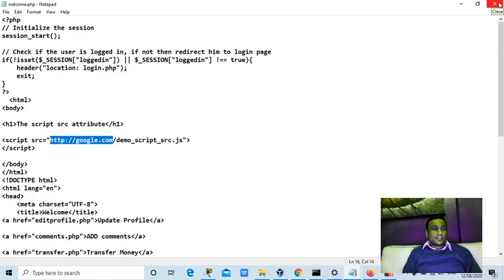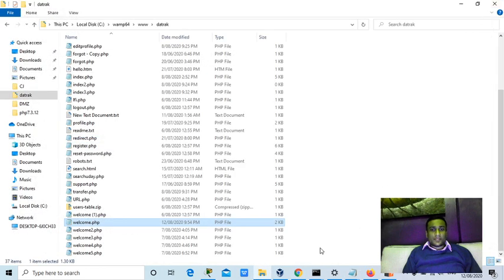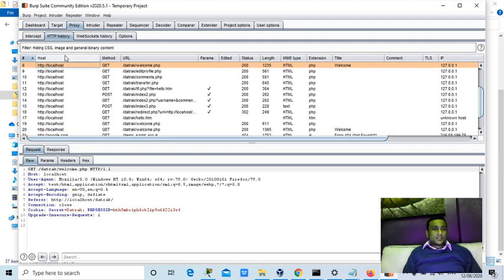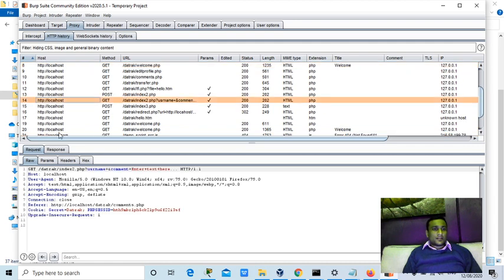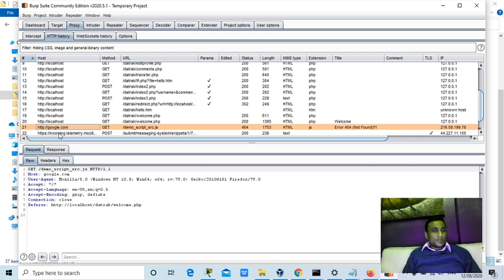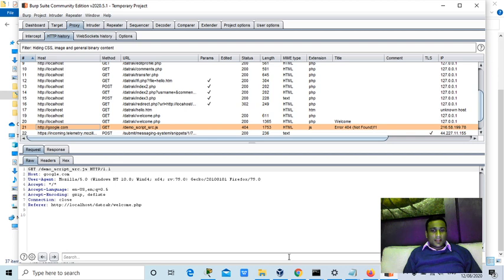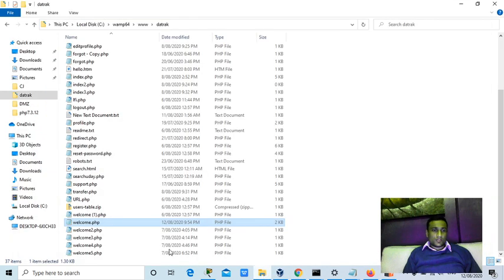Since checking view source on each page will be time consuming, what is the shortcut, guys? Try to browse all the pages, and then that particular script domain will definitely be shown here, because it has to load because of src. Then you can simply right click, copy the URL, and try to open that. If that domain is dead, that means it's a security issue, guys.